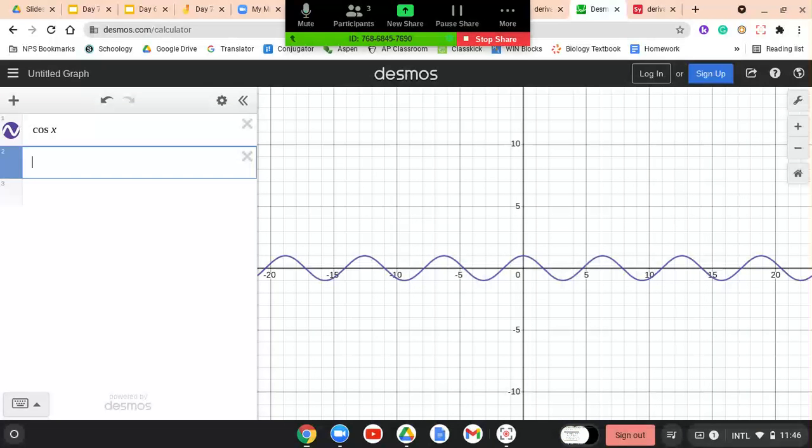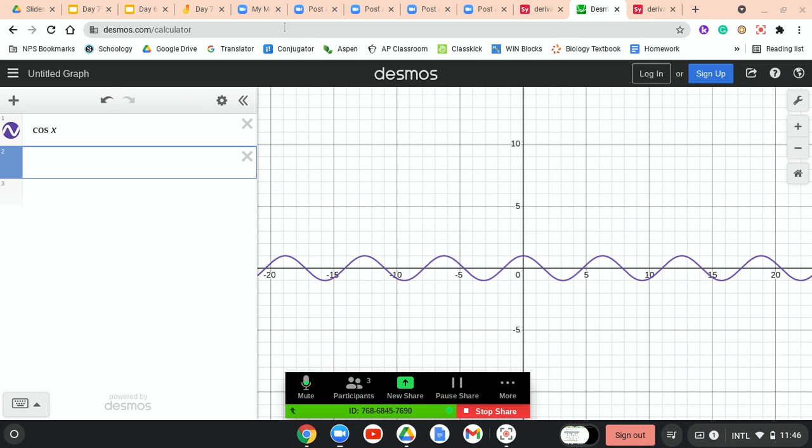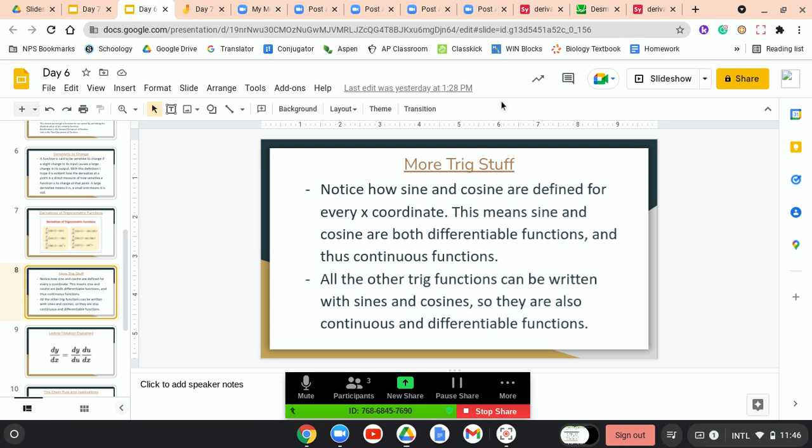Continuous. Exactly. Yes, you're right. It's also a differentiable function, right? Because it's differentiable at every point. True. But then what do we know about differentiability and continuity? If it's differentiable everywhere, what is it also? It is also continuous everywhere. Exactly. So with that, we know that sine and cosine, and also cosine, its derivative is negative sine